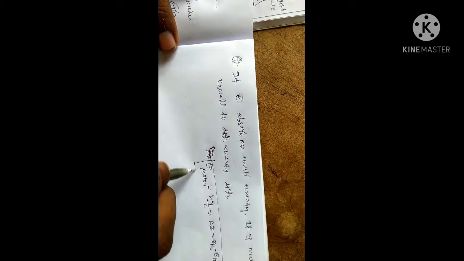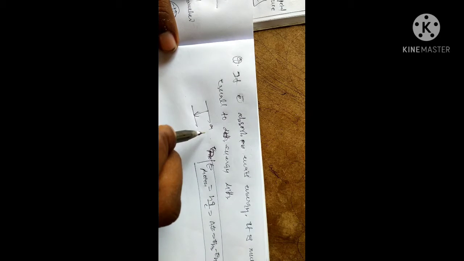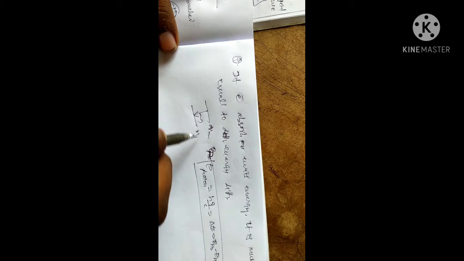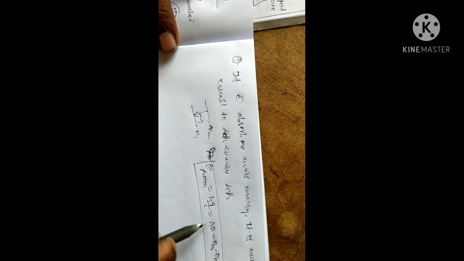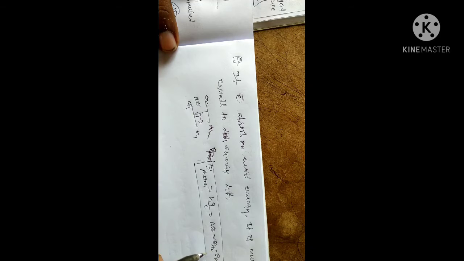Yesterday I explained that in the atomic emission spectrum, the electron transitions from a higher state to a lower state, that is n2 to n1, and it emits one photon of energy. The emitted photon energy is equal to the difference between the higher energy state E2 and the lower energy state E1, that is E2 minus E1, or En2 minus En1.